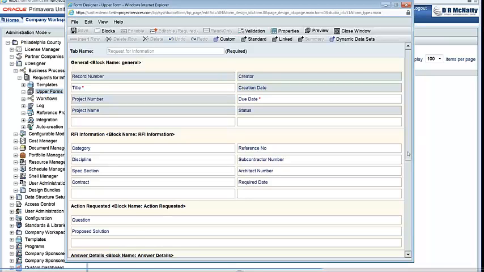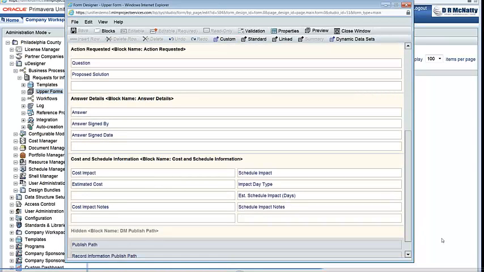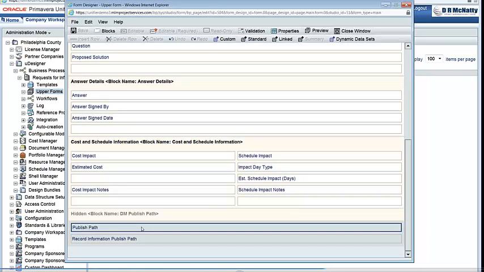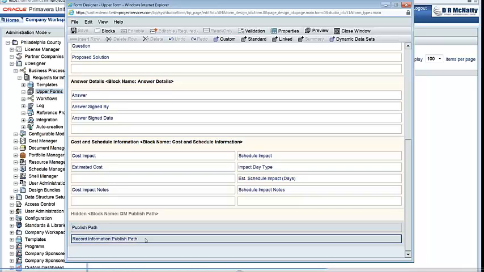What we had to do to be able to save a record to the document manager, and to be able to save attachments of that business process record to the document manager, is include two data elements: one called publish path, which is for the attachments for this RFI business process, and record information publish path.